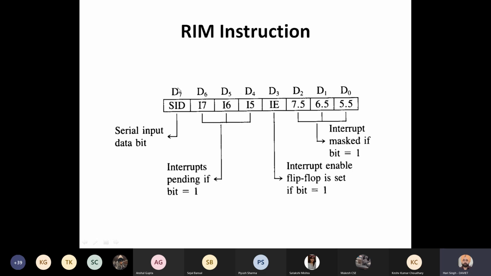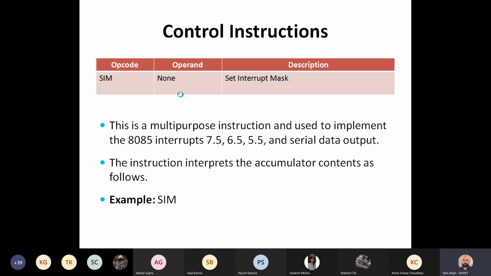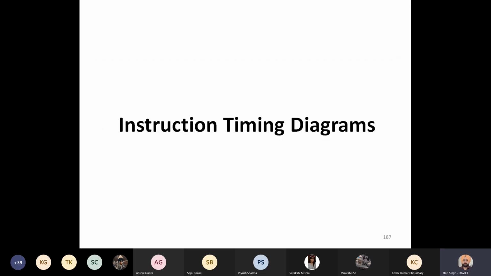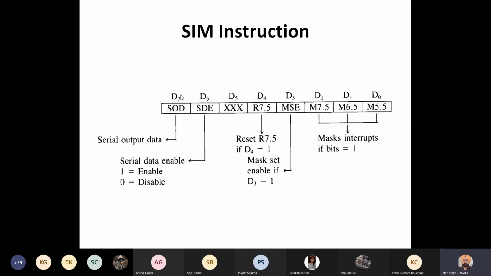SID is used to receive data serially. Whatever information is available at pin SID of the microprocessor, the same will be stored at this place D7. If the microprocessor received 1 there, 1 will come here; if it received 0, 0 will come. So this is all about the instruction set of the 8085 microprocessor. Since in your syllabus